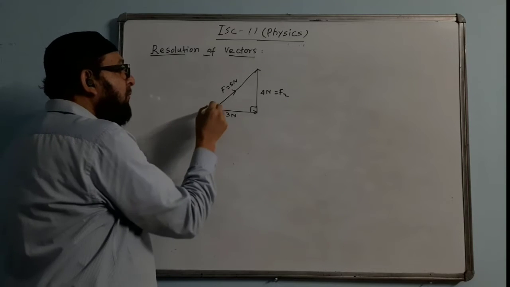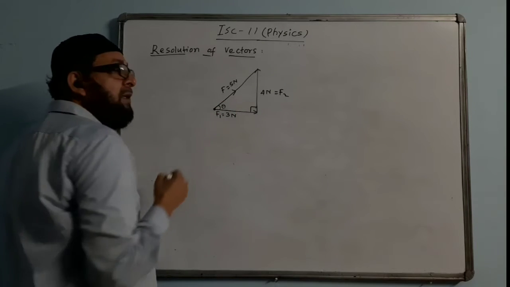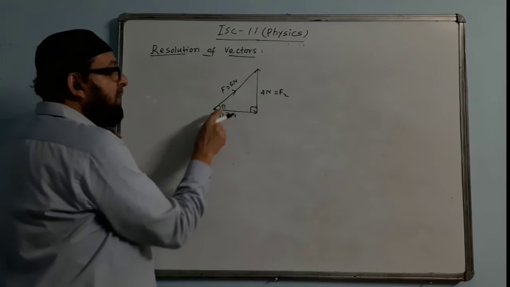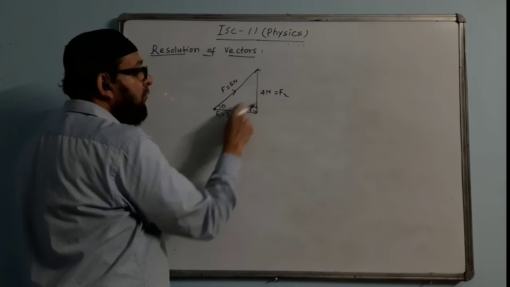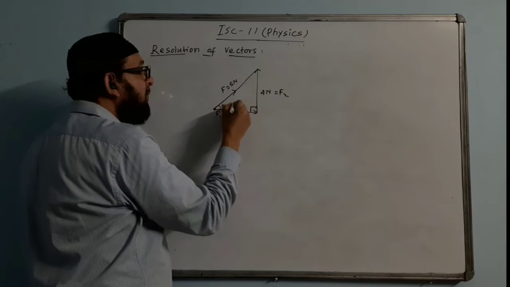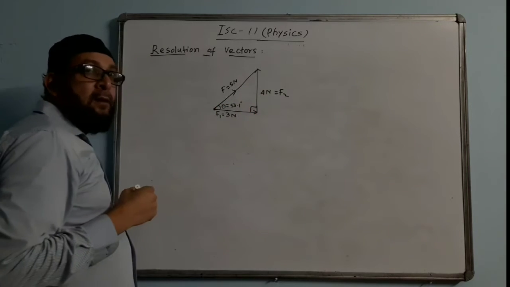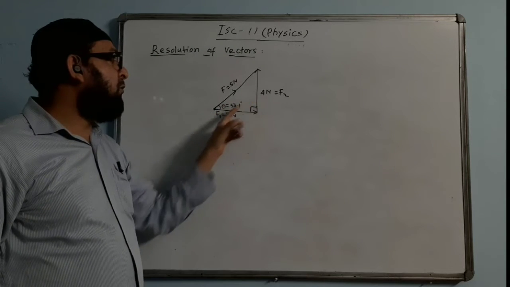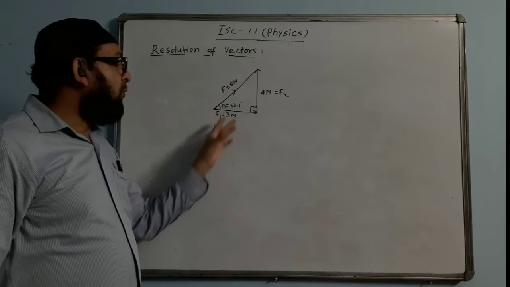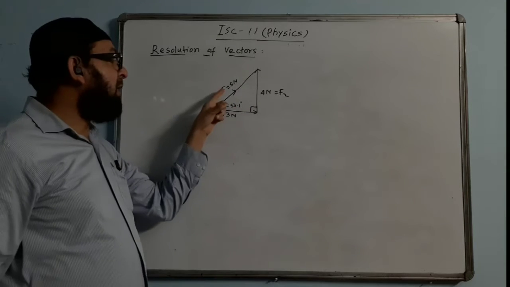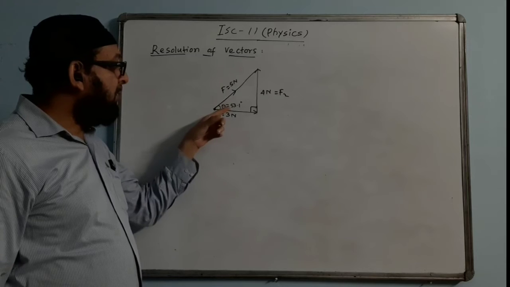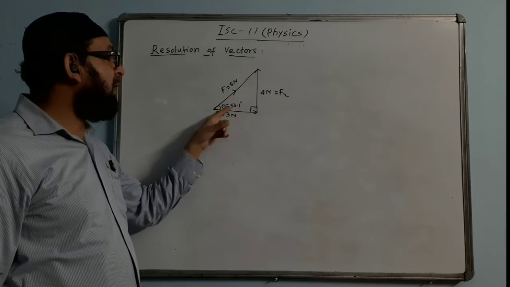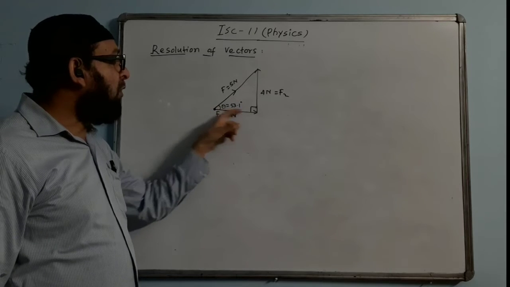And of course you will find the angle also. This angle is suppose theta, or we may take it as alpha. You can find the angle here. I am sure you will use tan theta, 4 by 3 will come, and the value of theta will come 53.1 degree. So the addition of these two forces is 5 Newton. Two forces we are adding up and getting a single value, 5 Newton, and it is coming with direction also because it's a vector. So the resultant force is 5 Newton with an angle 53.1 degree with the horizontal.